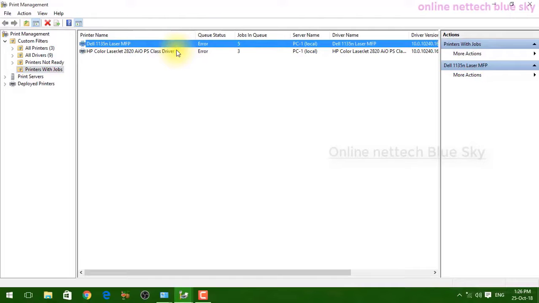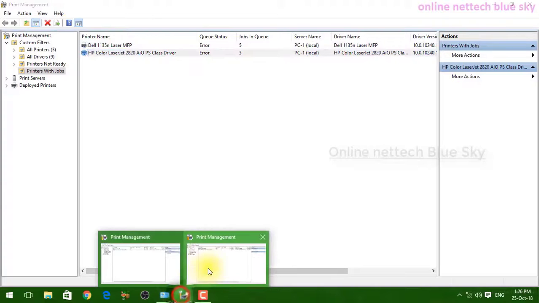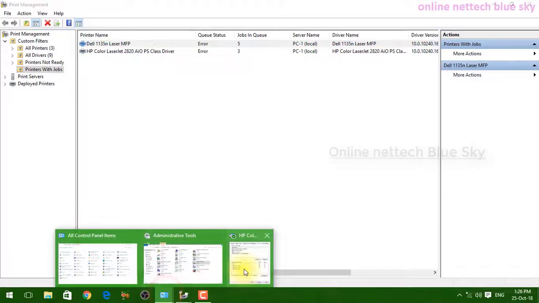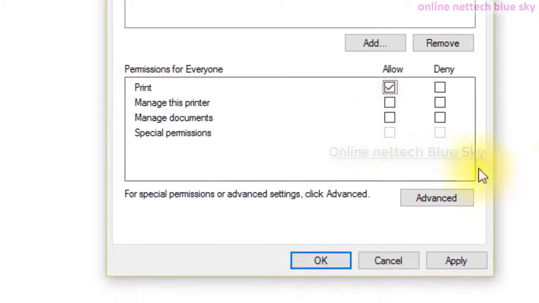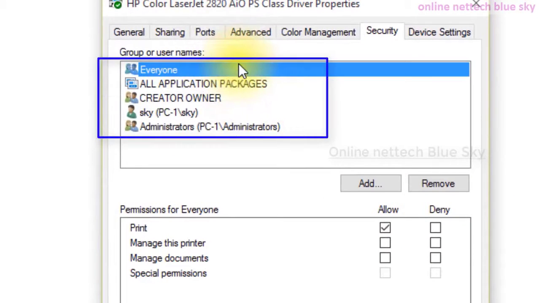First go through the print management settings, because communication and security are very important for a computer. So you can see Allow and Deny here. First click on Everyone. Everyone means this is one type of group, so groups and users are all mixed here.